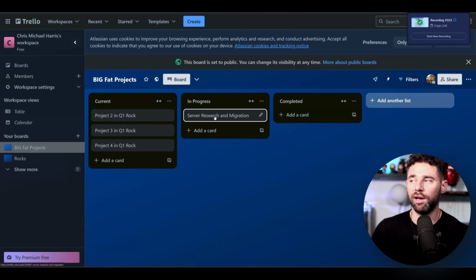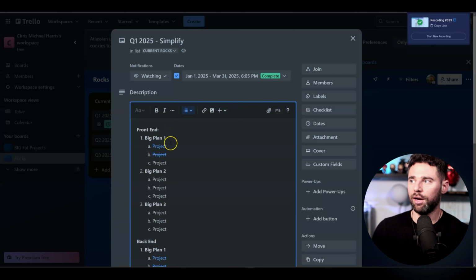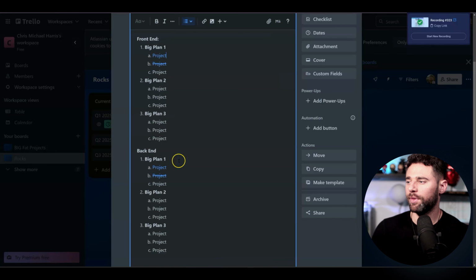So we know everybody's working on this one because it has a deadline. And then when we're done, we go to completed. Excellent. We go back. We say, okay, cool. This was project number 1 of that overall big initiative. And then what we typically do is we put a line through it so we know that one has been done, right? Did not mean to do that.